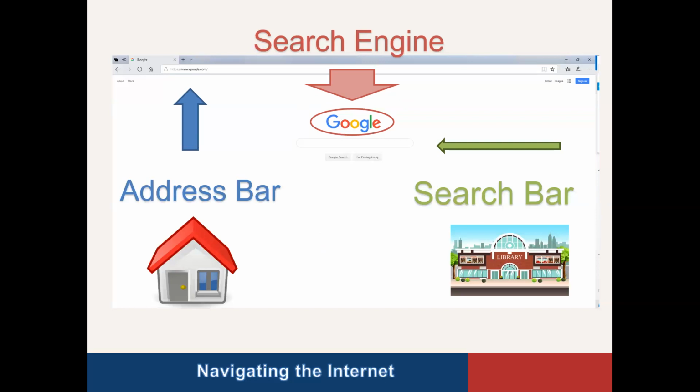And I want to distinguish between what is the actual address bar and what is the search bar. Up here at the very top in the white is going to be your address bar. This is where you would type the address if you know exactly where you're going to go. Down here is what we call the search bar. This is the search within Google, the search engine, or also known in layman's terms here for us as this library. And so you could type something in this search, like a website that you're trying to find,